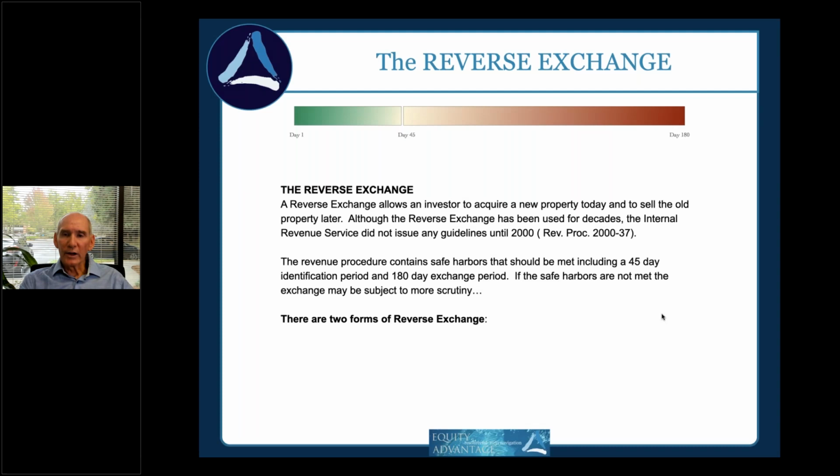So reverse exchanges, just like a delayed exchange, you've got 180 days to get the deal done. We actually, for ours, we know what you're selling, so we actually integrate your relinquished property into the exchange agreements up front. If you don't know, then you're going to have to ID what's going to be done. But you've got that same 180-day timeline to get things done. We cannot have ownership of the new and or old property. The exchange company cannot warehouse property or properties for more than 180 days in any one given transaction.